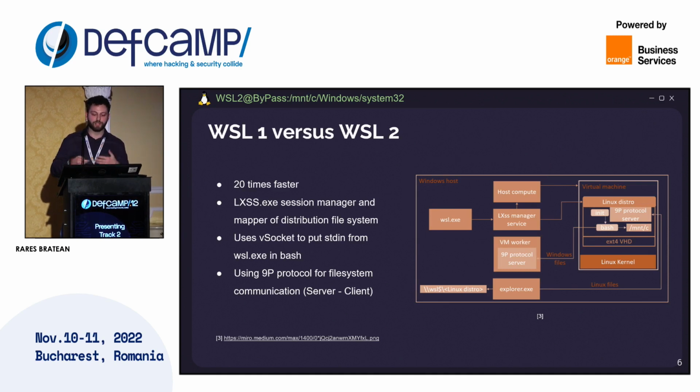Then comes the second component, which is the file system. So how does the Linux WSL communicate with Windows? It uses the 9P protocol, with a server and client, and you can access both file systems from both systems. And the last component is the virtual machine. This being said,